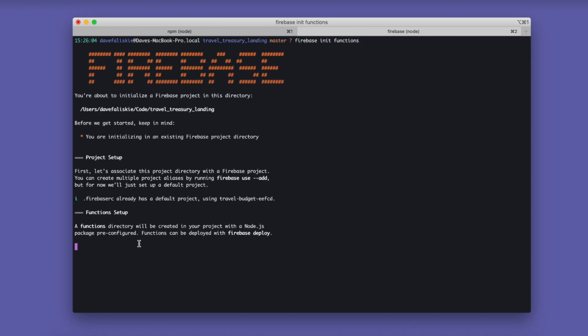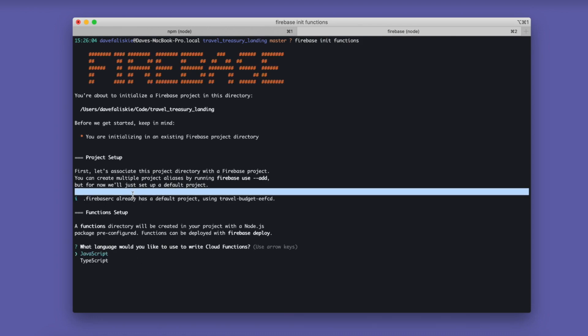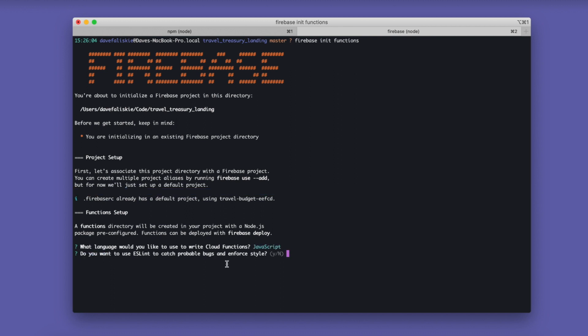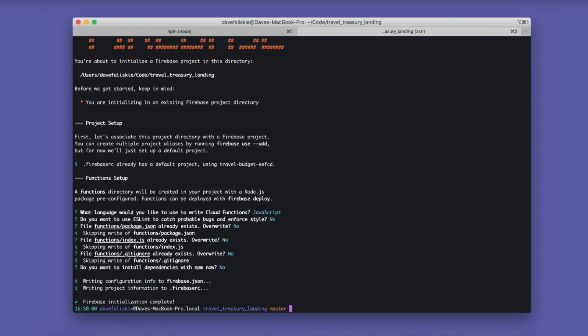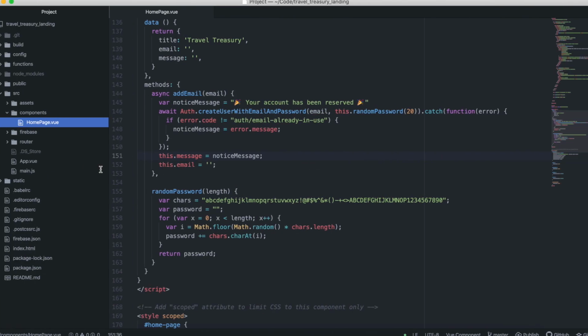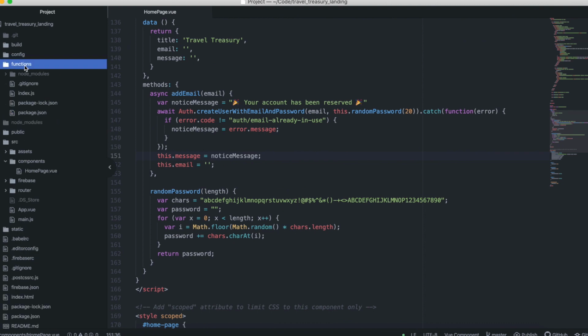Again, my app already has this, so you can see it should already have it essentially, but I'll just choose JavaScript again and no to ESLint, and it already exists. You want to overwrite it? I'm just going to say no because it's basically the same thing. So you should already have it if you've been following along, but if not, you can add in the Firebase functions. You're going to have this functions folder up here back in your code,